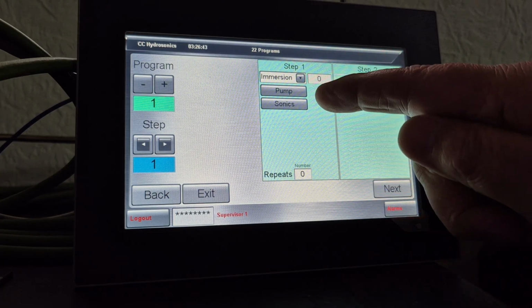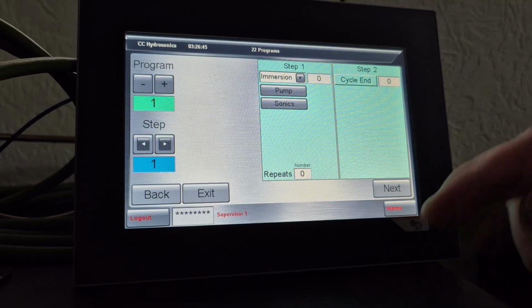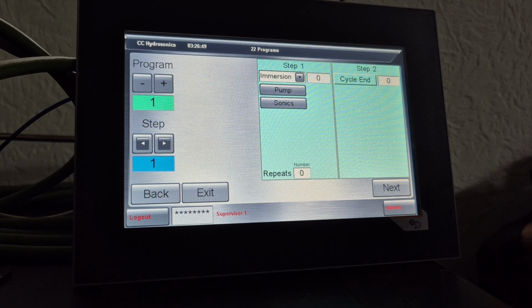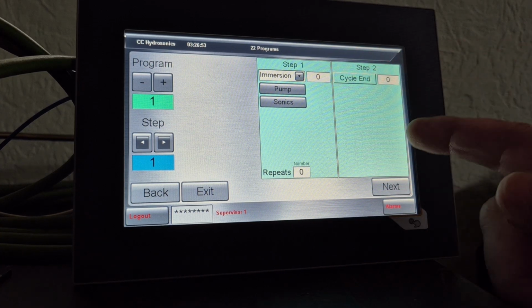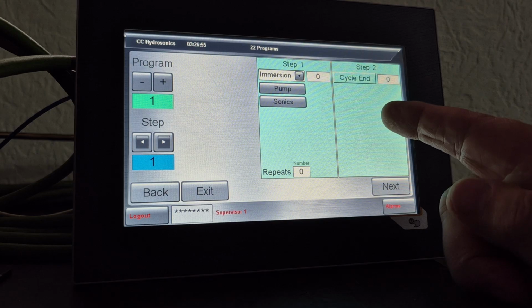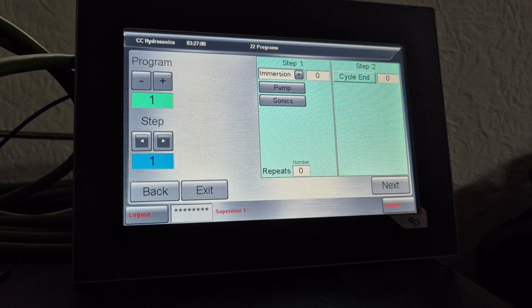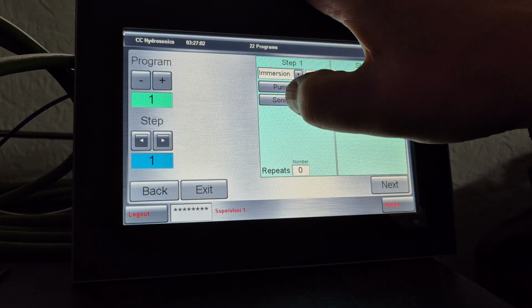So you have it with a pump, we can have it with Sonics, and we can use that as a repeat, although in actual fact it will reject it because you can't step back on repeats, you can only step forward. It's automatically created step 2, which is the cycle end. Cycle end will always be created once you change it to a different type of step. So if we switch the Sonics on there,